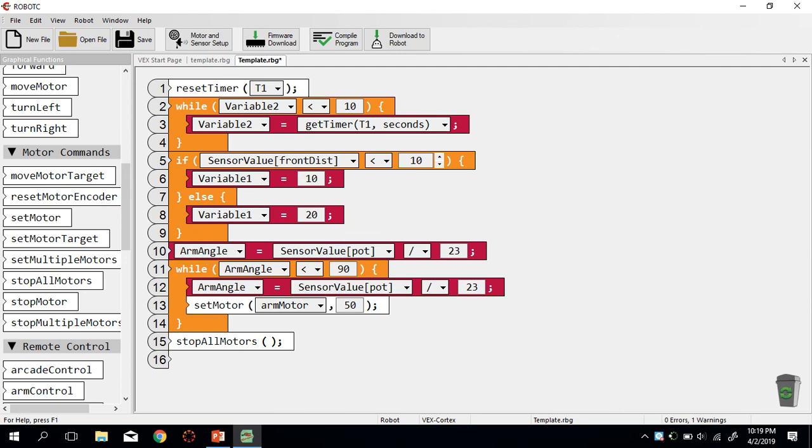So what this is going to do, this entire program, is we're going to reset our timer to 0. While our variable 2, which is set to be equal to our timing value, is less than 10, we're going to keep looping. So essentially this is going to loop for 10 seconds. After that, we'll move on to our if statement. It's going to read our sonar value. If it's less than 10, it's going to set variable 1 equal to 10. If it's greater than 10, it's going to set variable 1 equal to 20. So that's just a binary choice where you can, if you have error codes or something where you want to